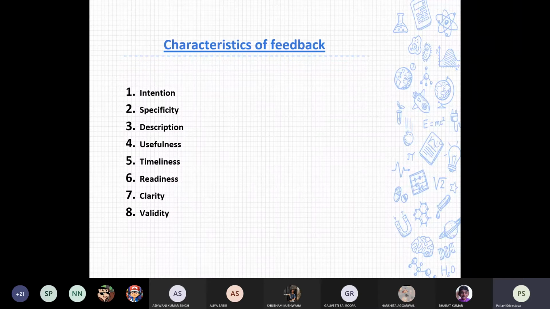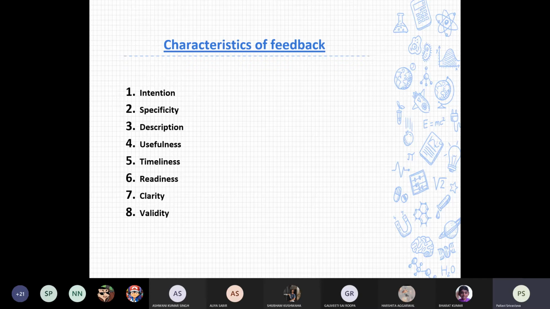So rather than this, if you are specific, if you tell someone that, okay, I have been observing this, that you report for work always late, now this person has a chance to explain why he got late, how many times he got late, or if he is facing any problem in reality, he can even share that with you. Or if it is his fault, he would understand that you have found out.